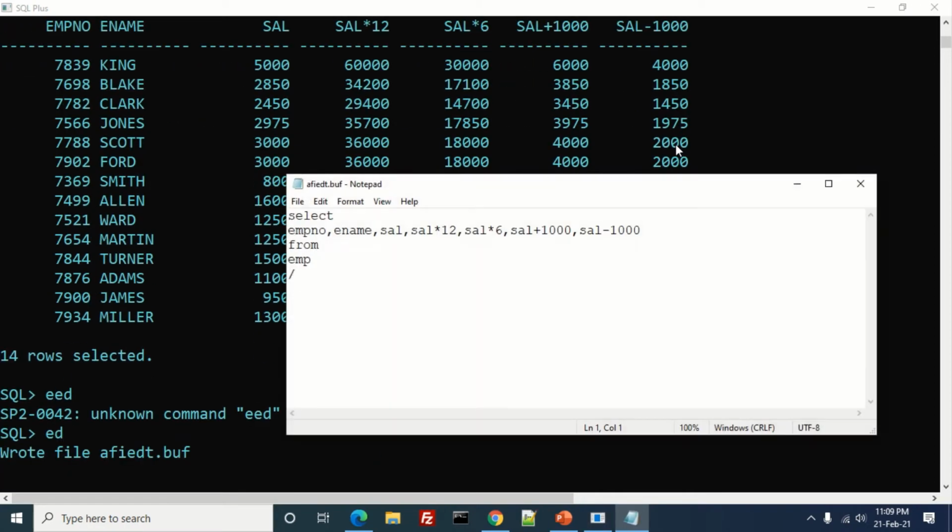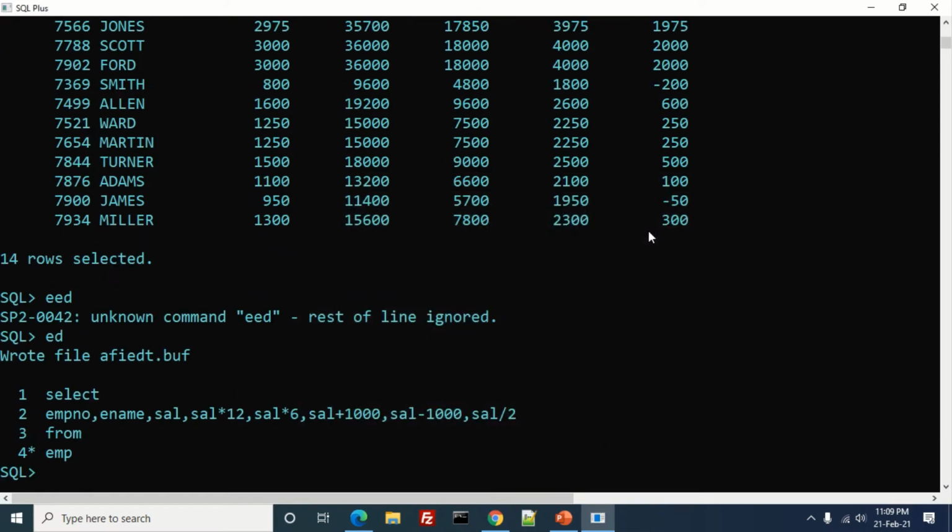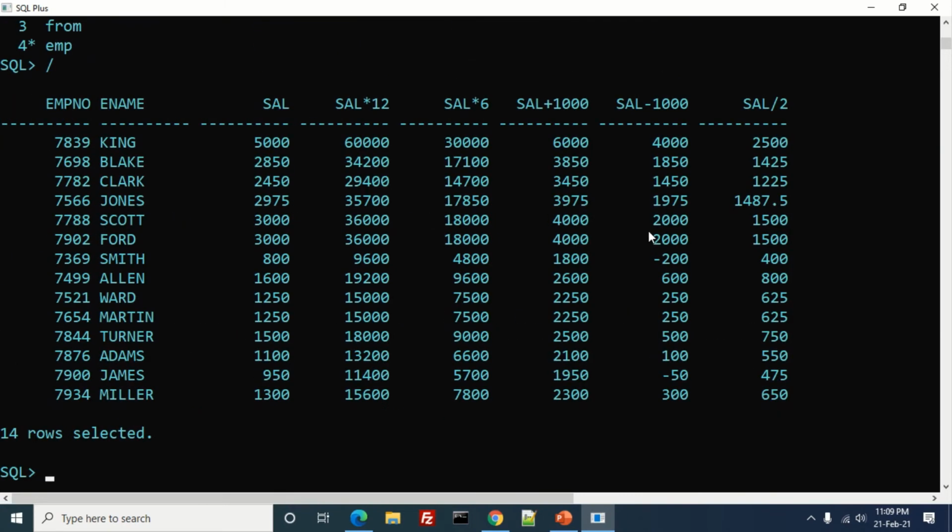Okay, and we'll say comma sal, we divide it by 2, we'll make it half. Okay, the salary we make it half for all the employees. Let's see what happens. Alt F4, save it, and I'll say slash enter. So the salary of King was 5000, now it is 2500 after the calculation. If it is 800, it has become 400, right? And 2850 has become